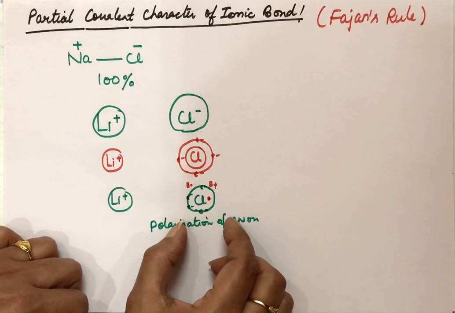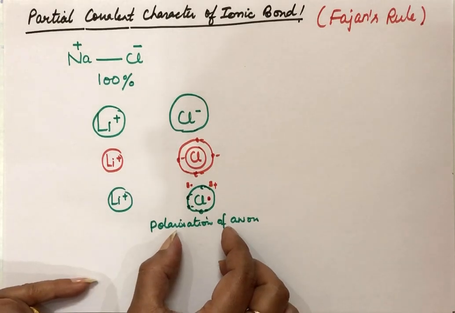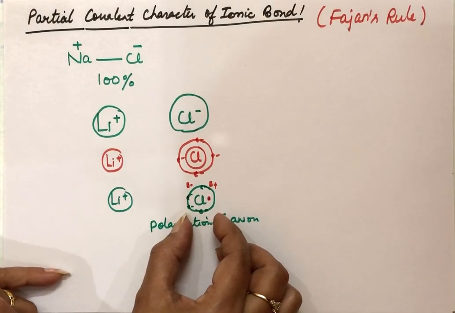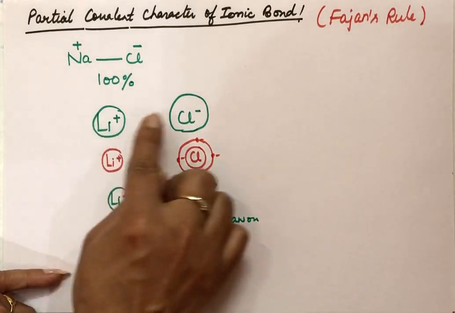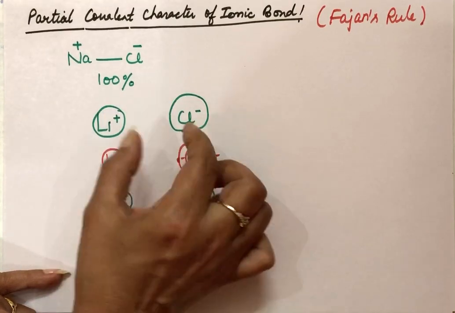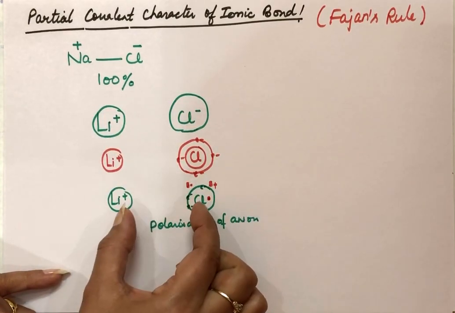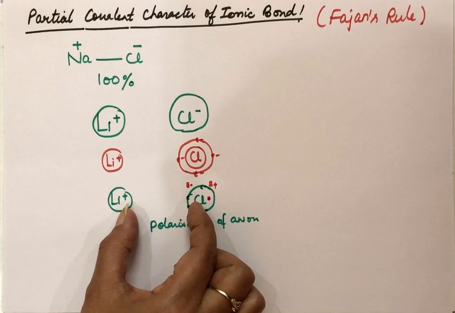We say polarization of anion has taken place. Greater is the polarization produced on anion, more is the neutralization of charges on cation and anion. If more charges are there, more positive, more negative, more is ionic character. But now because of polarization, the charges on the two will get neutralized. So when the charges decrease, what will happen? The ionic character will decrease and the covalent character will increase.